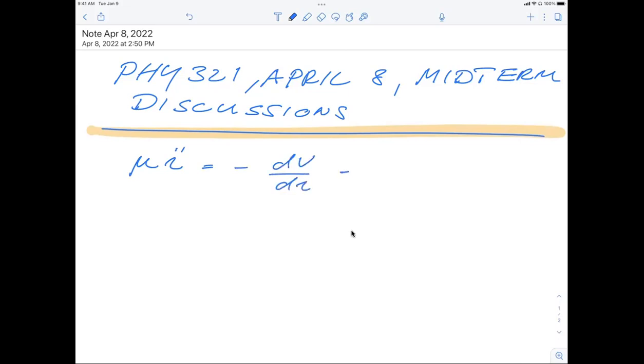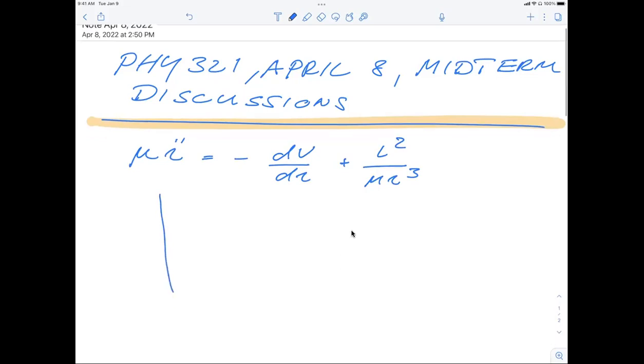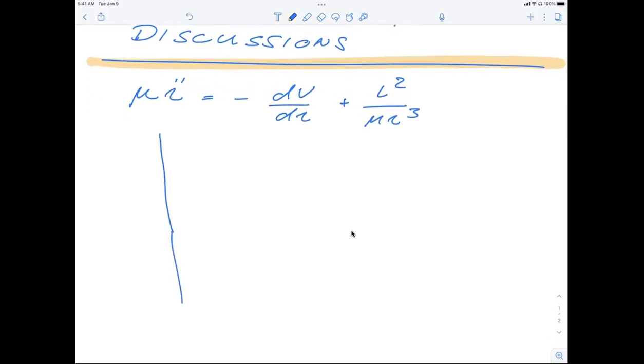So if you now look at the equation which we have been solving, d of r plus L squared divided by mu times r cubed. So L is a constant. And what we found is that when we plotted this effective potential, let me quickly remind you of these things, as a function of the relative distance, when we looked at the case for circular motion,